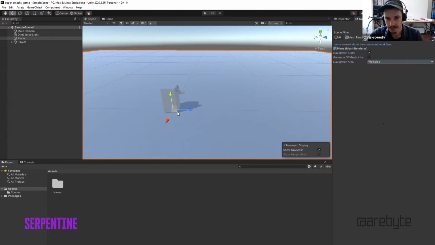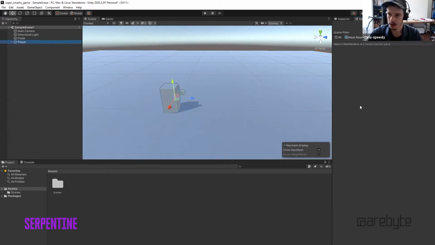Great. So that's that part done. And then we also want to make sure our player will do some walking. So we need to add some form of AI to the player. So if you click on the player empty, the thing that is containing all of the objects, not the objects themselves, just the empty,